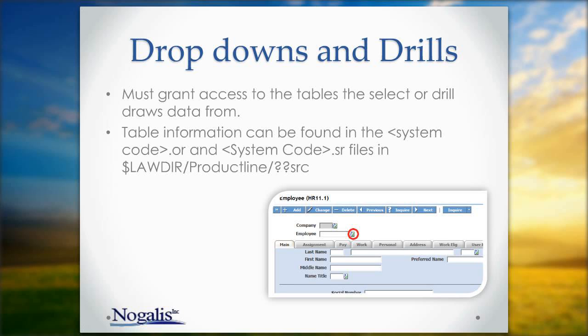And they reside in the Lawson product line HR SRC directory. So for each system code, like for example, the GL system code, that would be the GL SRC directory. These are just 2 files. They're text files. You can open them using the text editor. And then look inside there for the different types of drills and the different types of selects that'll give you all the clues you need as to what tables you need to secure